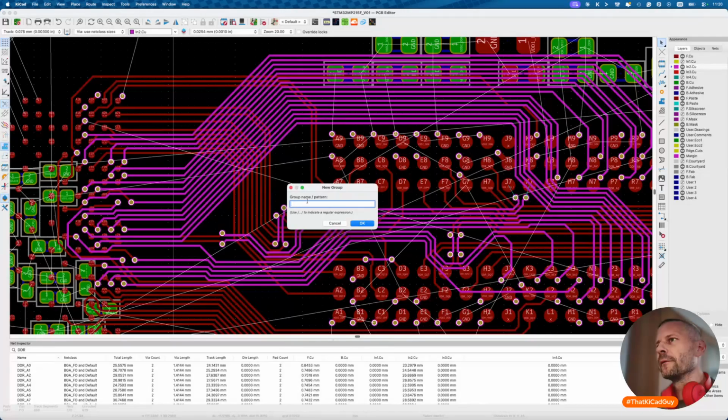How to use / to indicate a regular expression. Group name. So DQ lower byte can be our, no, it's not a logical name, it's a group specification pattern, or